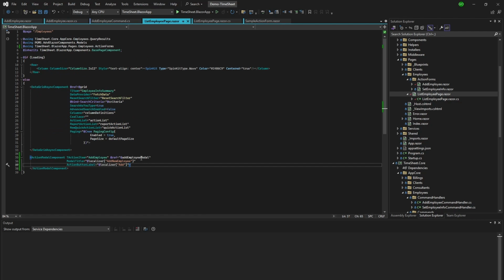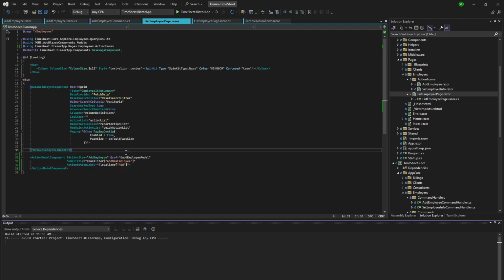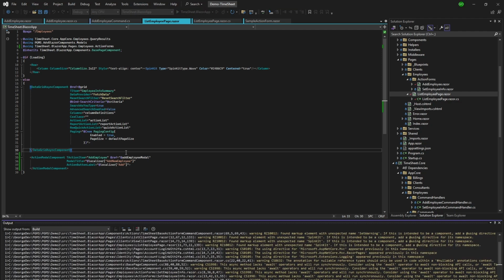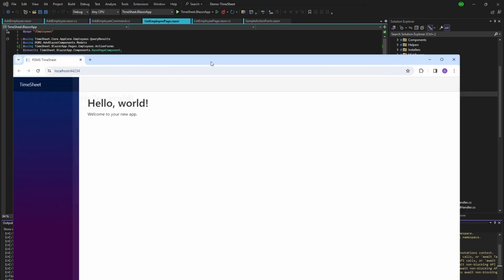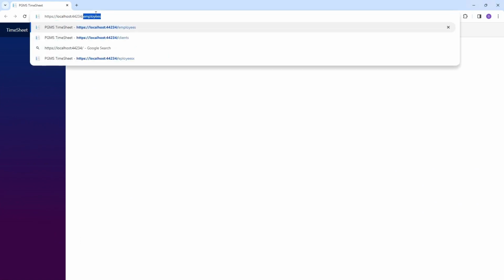So going back to our list, we can see here our action button is add, and we're going to launch our application here and see what this looks like. Like I say, it's going to be a button in the top right corner because it's a more generic button. We don't want it to be displayed on each row because it's going to be a bit strange for it to appear everywhere. Now, if I go to my employees,